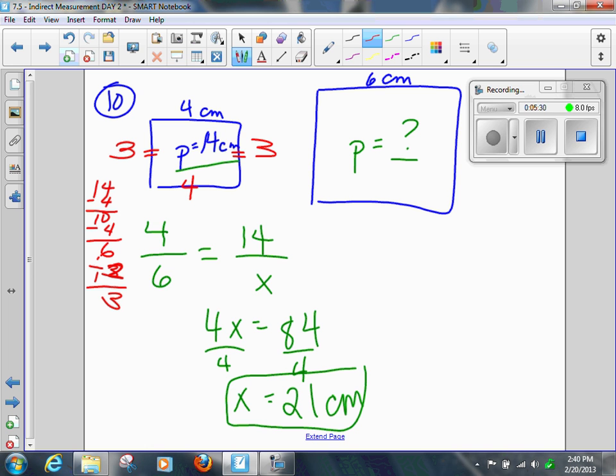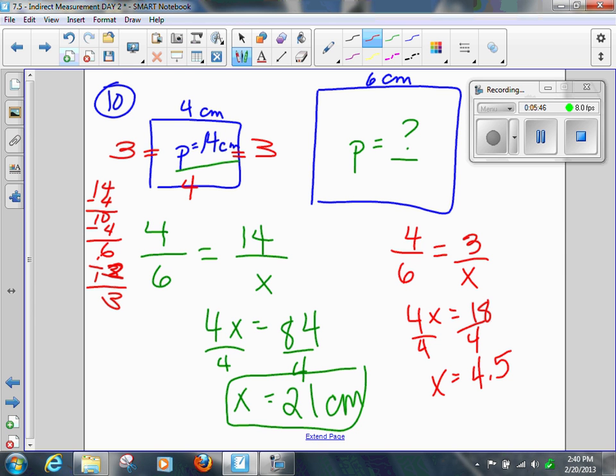You with me? Okay. 4 over 6 is equal to 3 over what? 4x is 18. Somebody punch this up in a calculator for me. 4.5? See if that's 4.5. 18 divided by 4. Someone, please. Thank you. Okay? So 4.5. So that means that this side is 4.5. This side is 4.5. This is 6. 6 and 6 is 12. 12 and 9 is